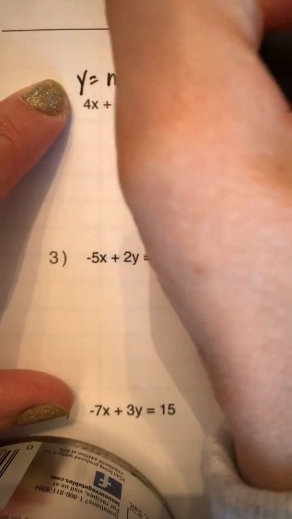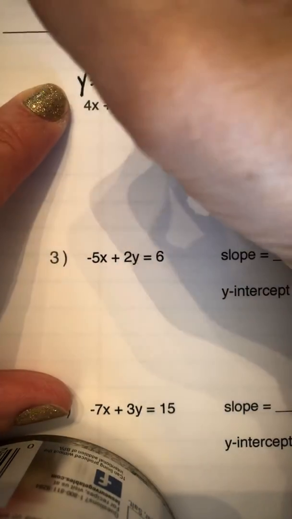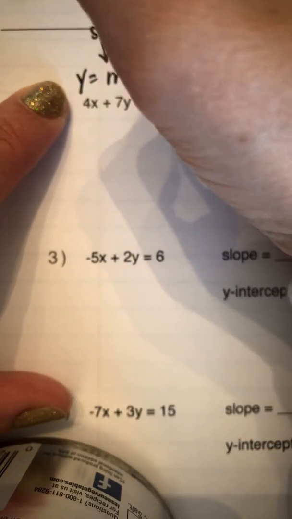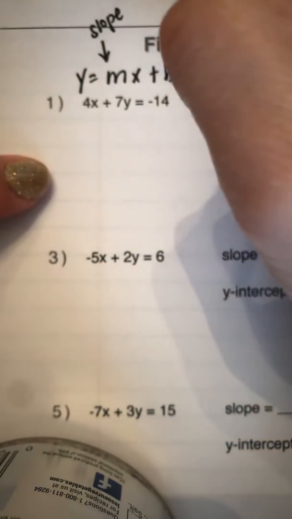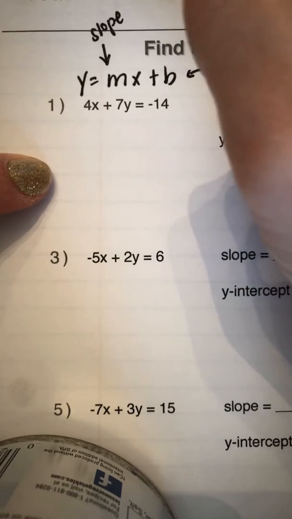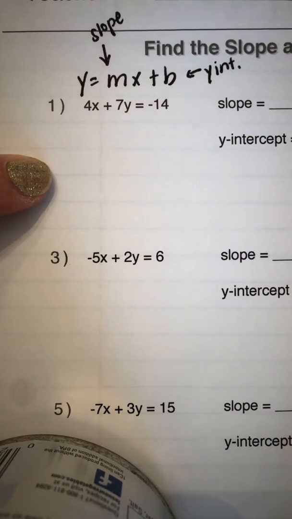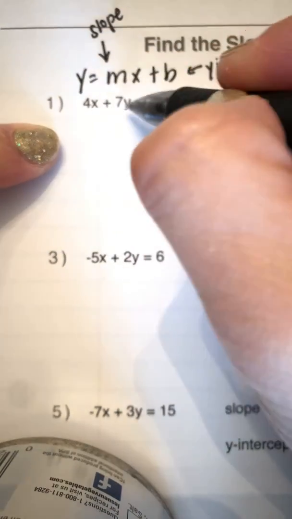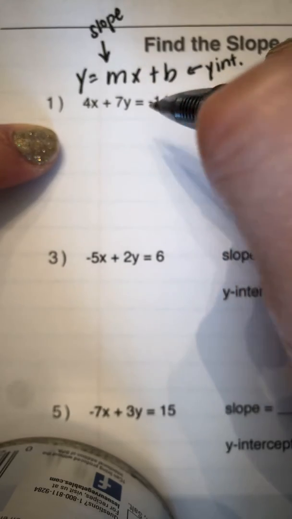And you've got to remember that you want it to look like this. You want it to say y equals mx plus b, m being our slope, and b being our y-intercept. All right, so if we look at this equation, 4x plus 7y equals negative 14,